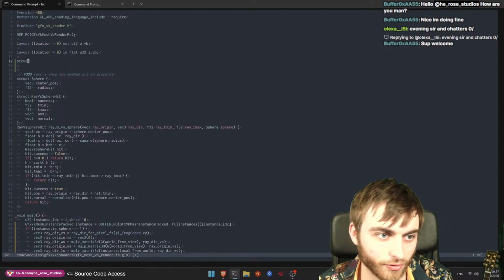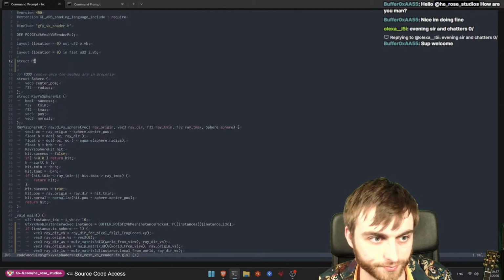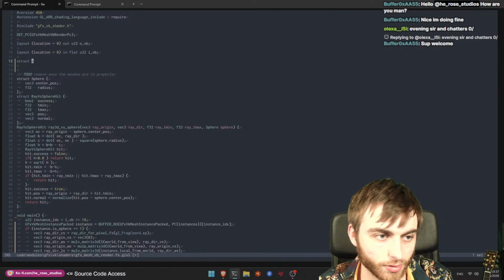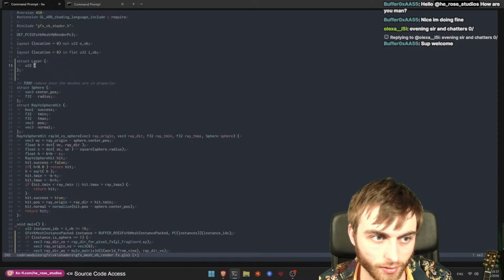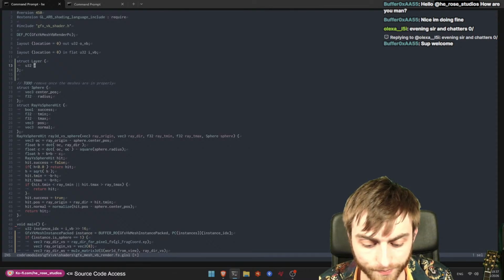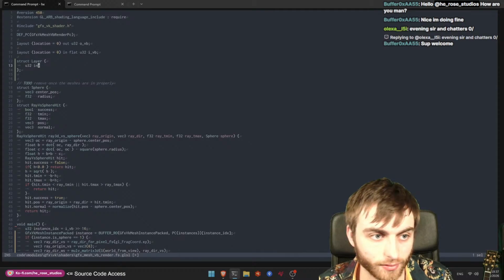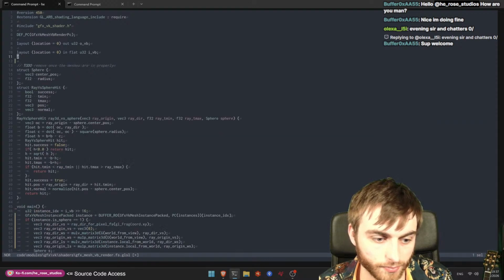But yeah, we basically just want to have a structure. We just want to call it like pixel or layer. Yes, you have a layer, and this will just be a U32, and that's going to store inside of the layer the mesh instance index, and the. You know what? We should do this in the